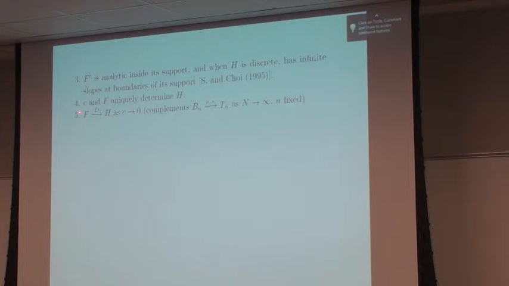This should make sense that the limiting distribution function F goes to H as c goes to 0. C being very, very small means a lot more samples than vector dimension, so the law of large numbers may kick in. Intuitively, if you have a lot more samples than vector dimension, then it should, and it is true, that as c goes to 0, that limiting distribution does go to the distribution of the population eigenvalues.